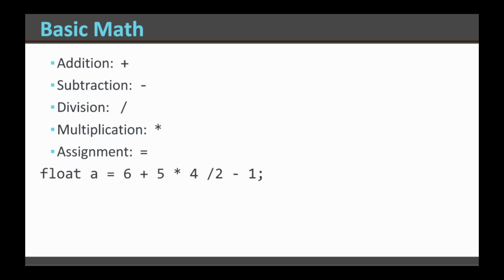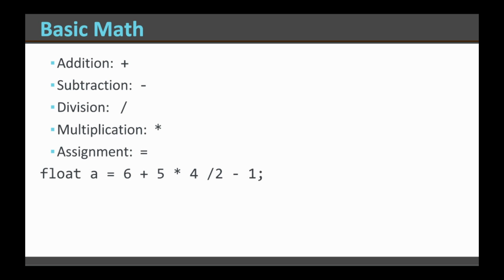These are technically binary operators, meaning they have a value on the left-hand and the right-hand side. It takes two values to make addition work, and subtraction, division, multiplication, and assignment. And there's an order of operations here. You've probably seen all those social media posts where some people think the math goes one way and other people think the math goes the other way, and they argue about it a bit. It's pretty prescribed